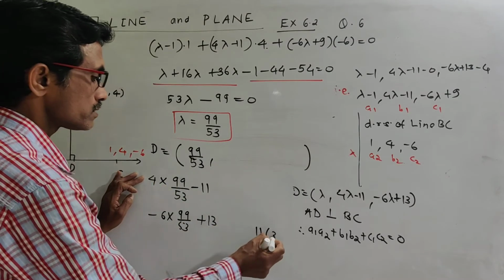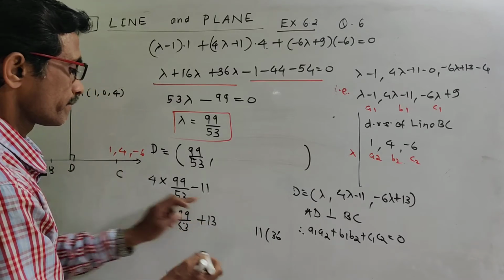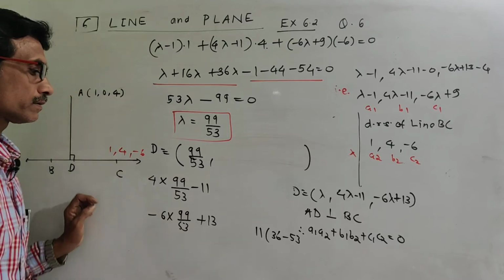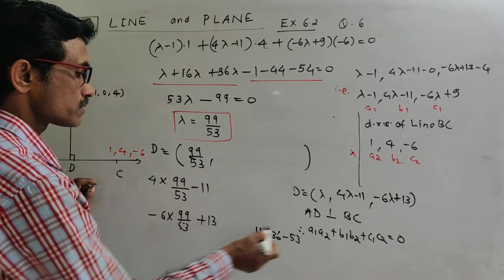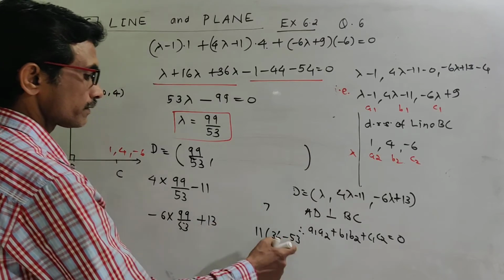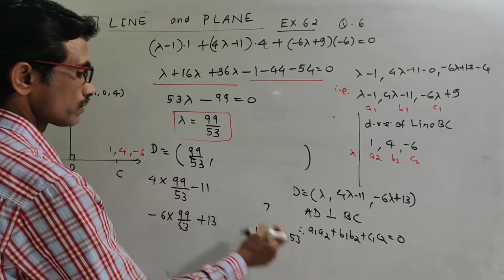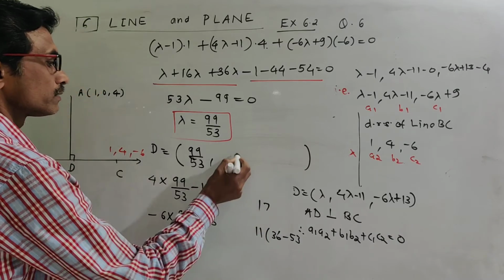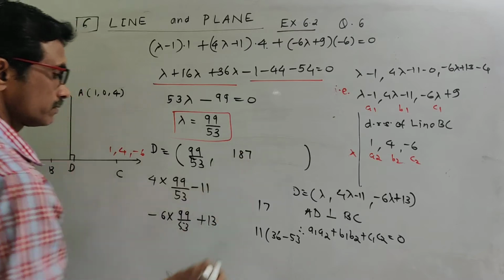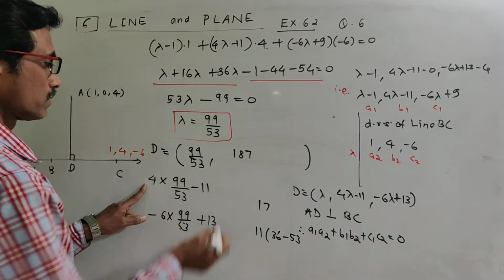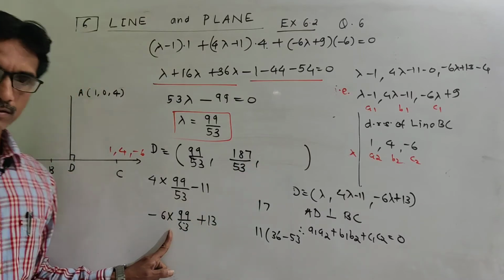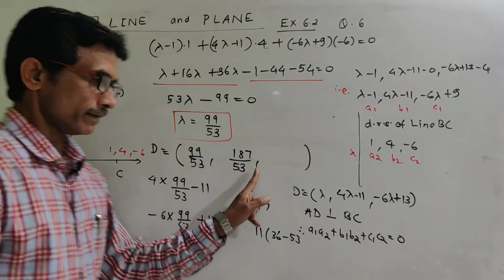So 36 minus 53, and which is 36 minus 53, here 1 17, so 781 upon 53. We calculate this and this comes out to be